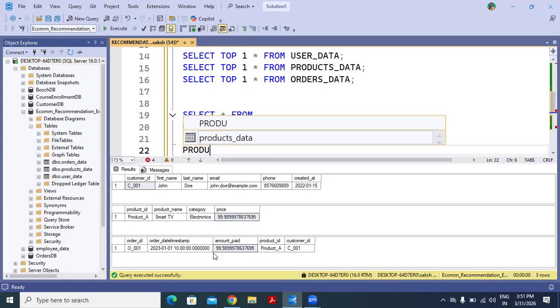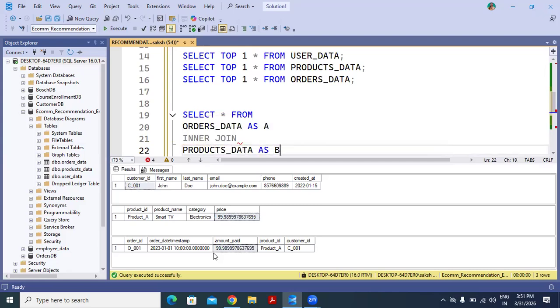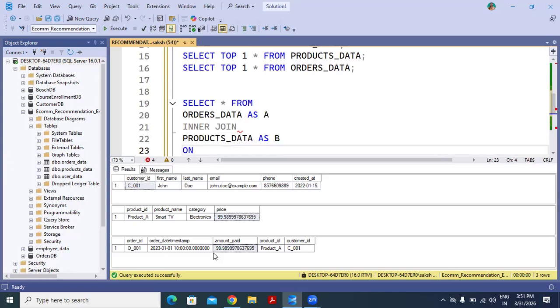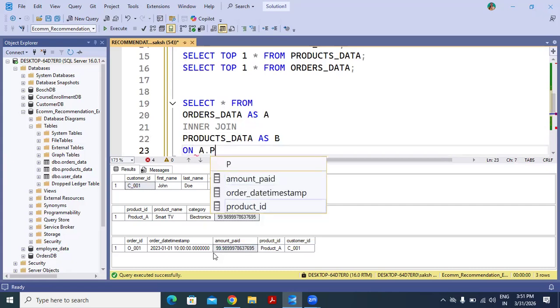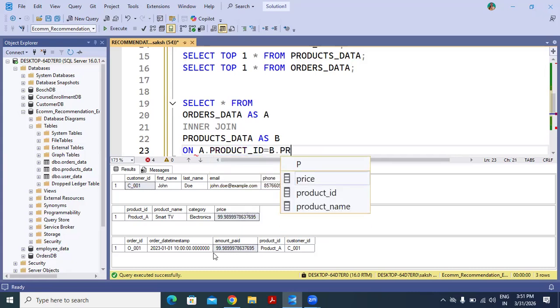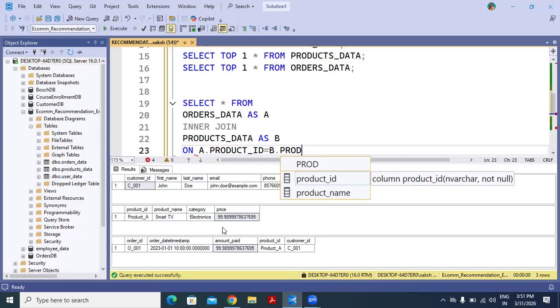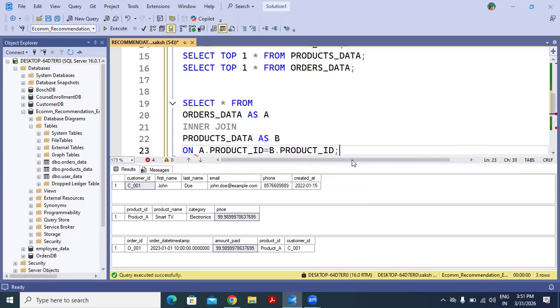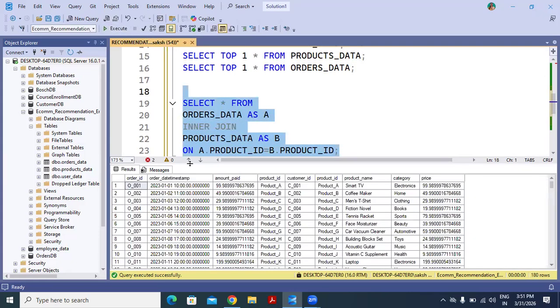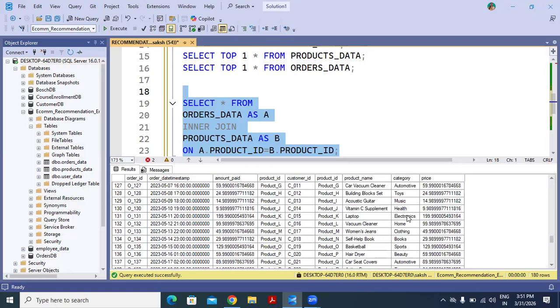Second table is your products data as B, and on the basis of the common column, that is product ID. So just select it and execute it. Yes, we can see these are the categories from which the users have ordered.